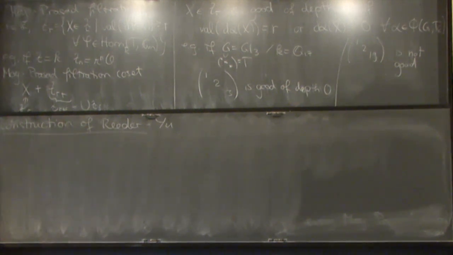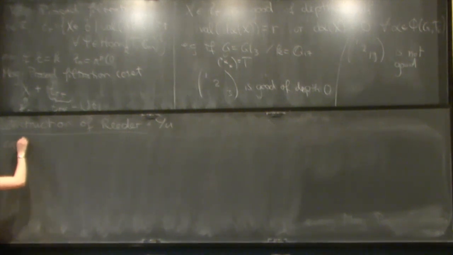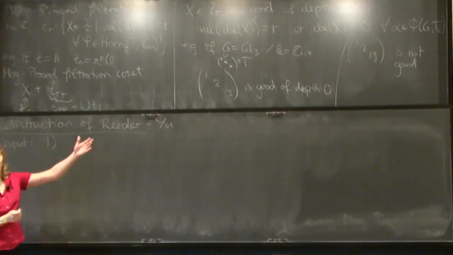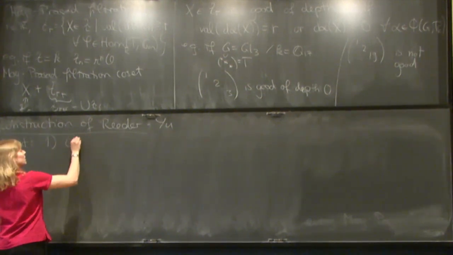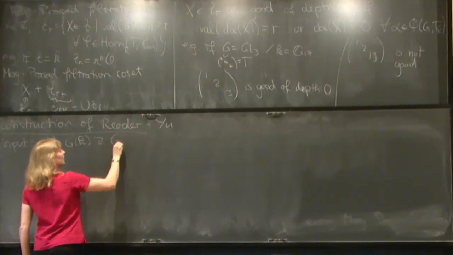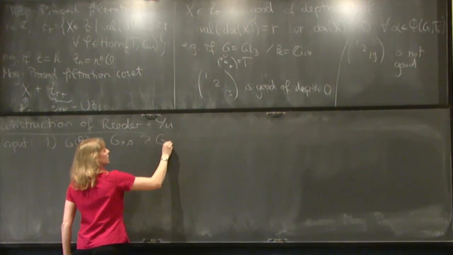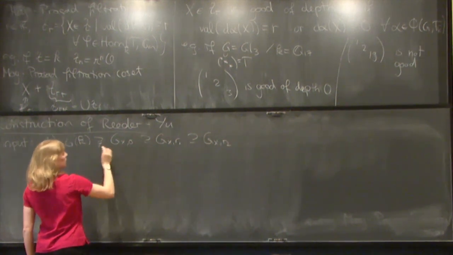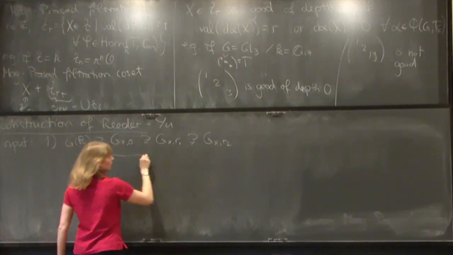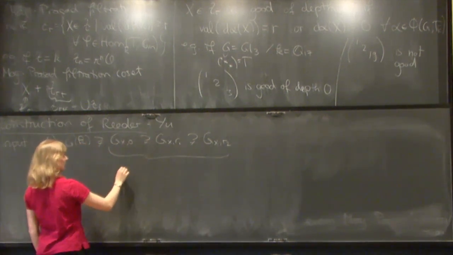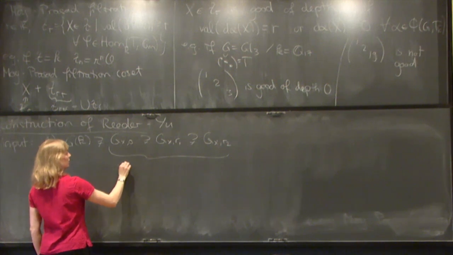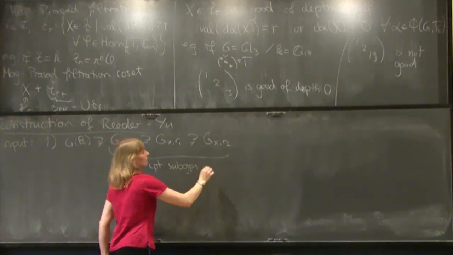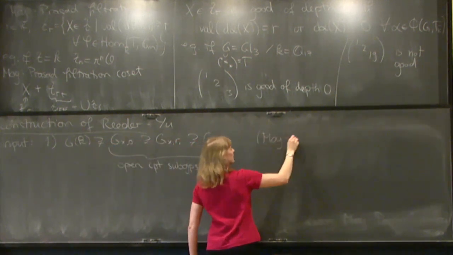All right, so what's the construction? There are two pieces of input for it. The first is you take, as over there, an open compact subgroup. So inside the K points of our group, we take something called GX0, GXR1, and GXR2. These are three open compact subgroups. And this is called the beginning of the multi-site filtration.